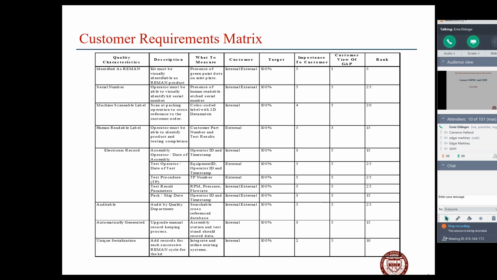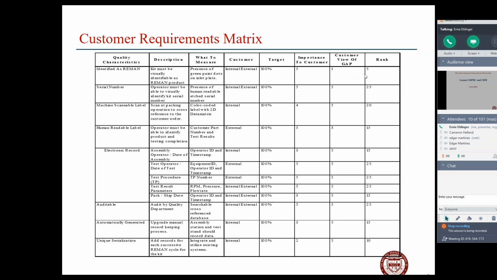So you can see here, it's kind of an example. You can fill out who the customers are. They have internal, external, but I really would like to have a little bit more than that, like what group they are, customer segment. We put the segment in this one here. Again, whatever works for you, but as long as you have customer in there. And they categorize it internal, external. And then go back and say, okay, are there any further ways that we can take a look at this? And then what they did is, here's a gap. Here's how important is this to this customer group?